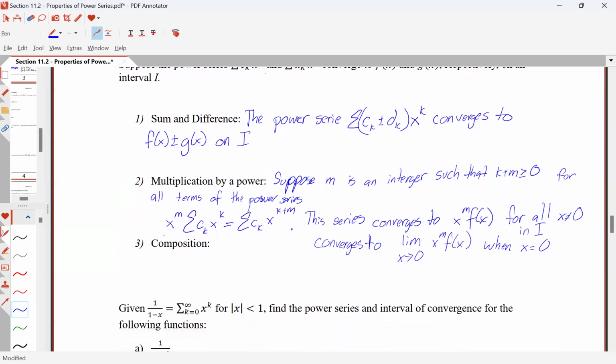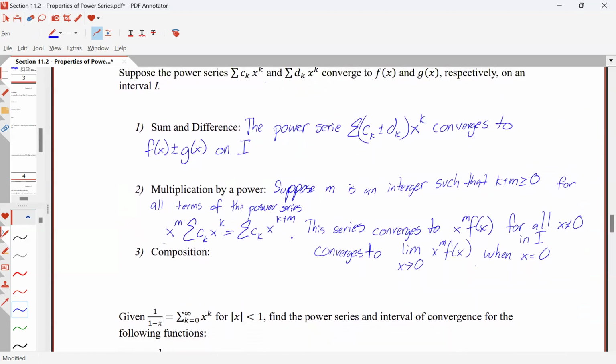And then the last thing is we can compose, and this is the one we're going to deal with the most. So knowing we can multiply by a power and knowing that we have this sum and difference property is great, and we're going to use it, but the biggest one we're going to use is this composition. And it says,